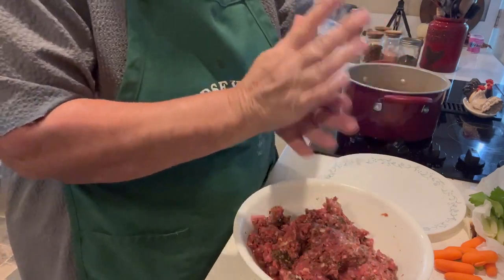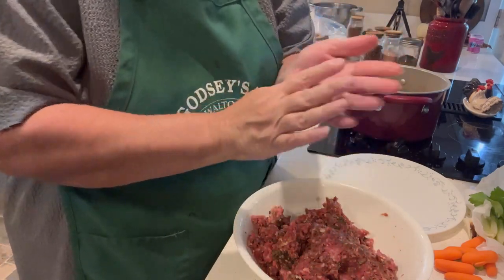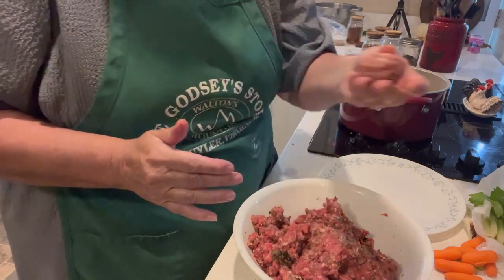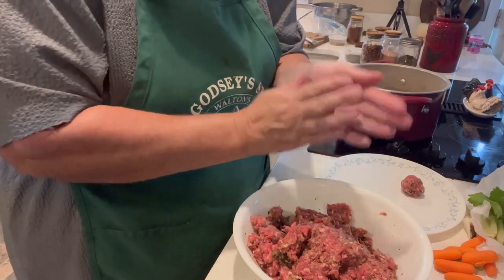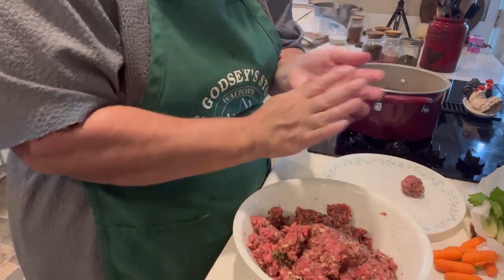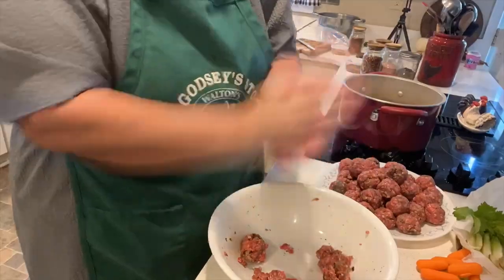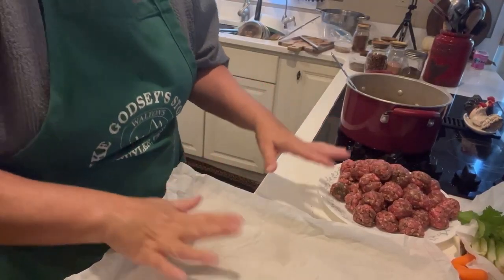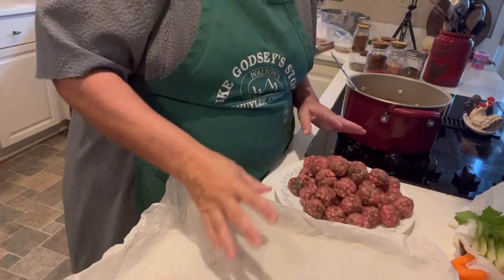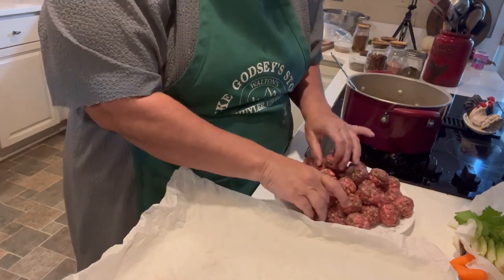I don't use a cookie scoop or anything. It's just kind of by feel, and make the meatball, and I'm just gonna make a whole bunch in here and put them on the plate. Meatballs are done. I've got my cookie sheet lined with parchment paper here, and we are just gonna place the